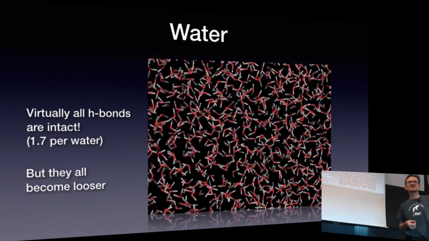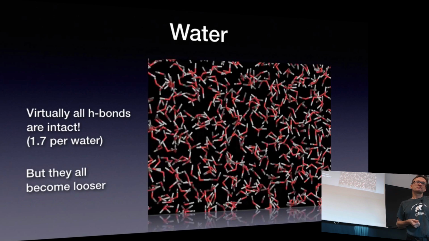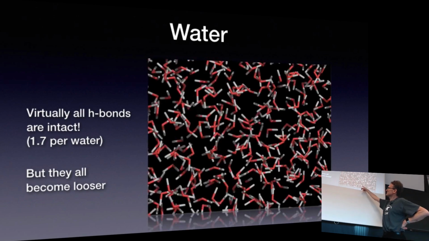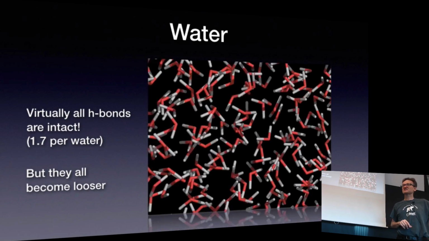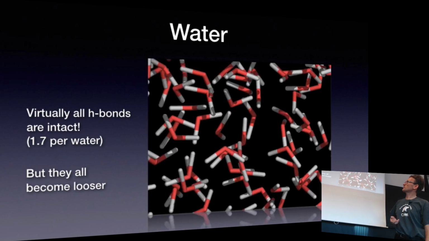So it's not as simple as saying that when you're melting ice, you're breaking all the hydrogen bonds. But on the other hand, we're not really breaking any real bonds either. There is not a single oxygen that's leaving the hydrogens. So this is all a matter of what state is most favorable. Is it most favorable to be in crystal or more favorable to be liquid? How are all these molecules interacting?